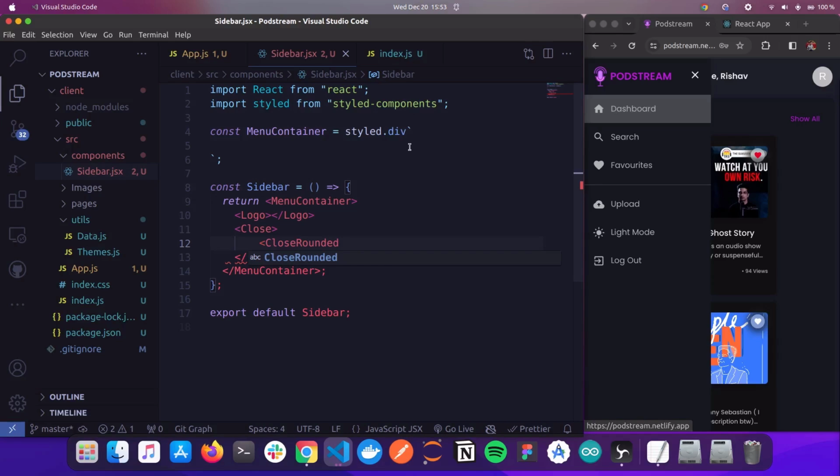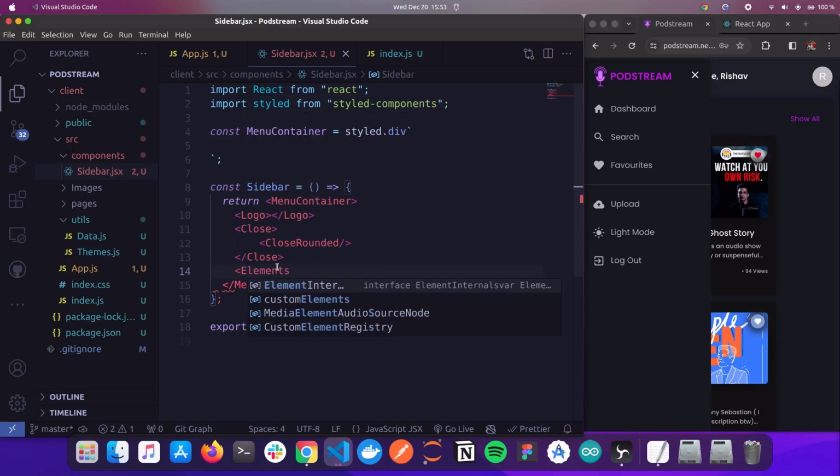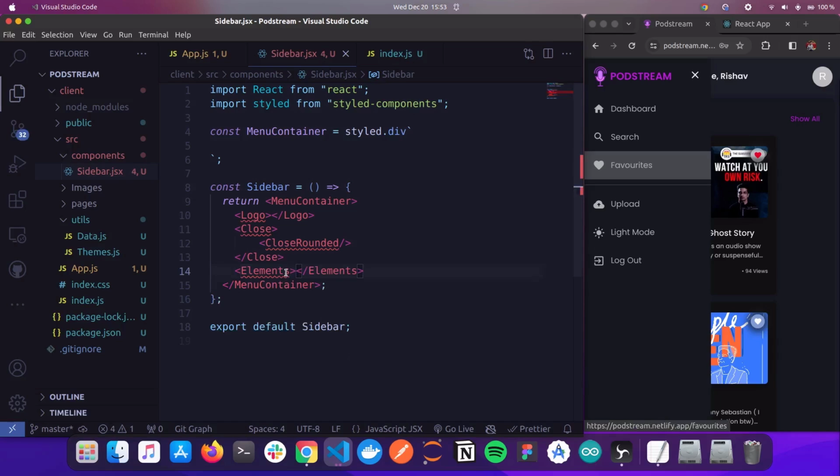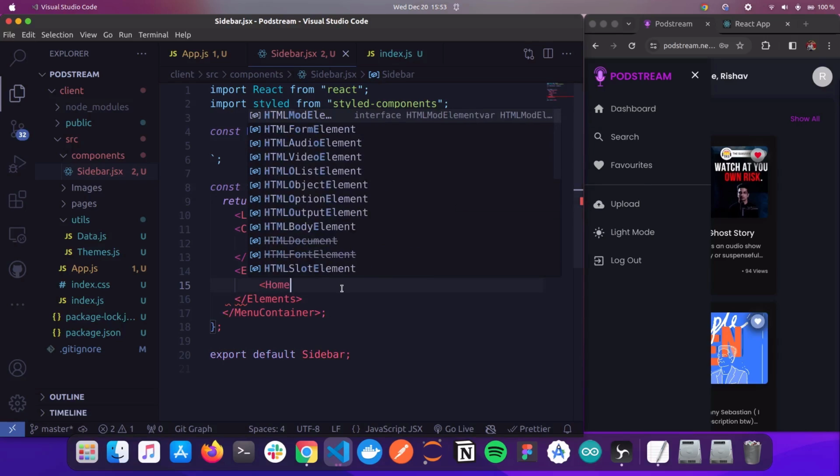So this I have to import from MUI, okay. And the next thing that is going to be present here is elements, right? So I will name them elements, like basically this dashboard, search and all this. So in elements, the first thing that will be present is an icon, and then the name of the element, right? So for say home